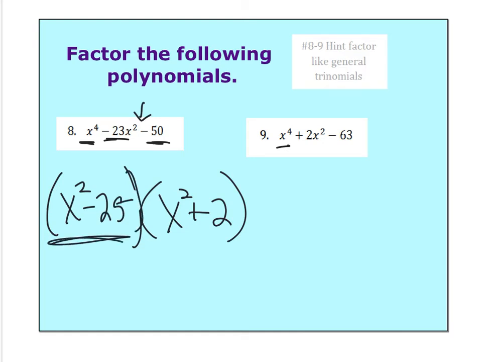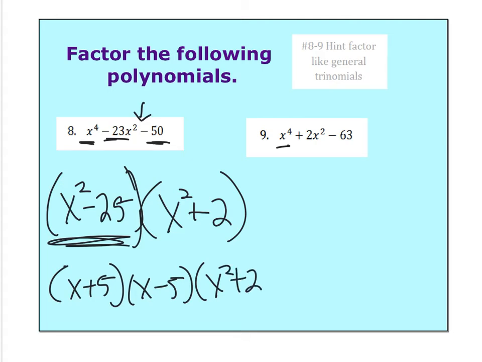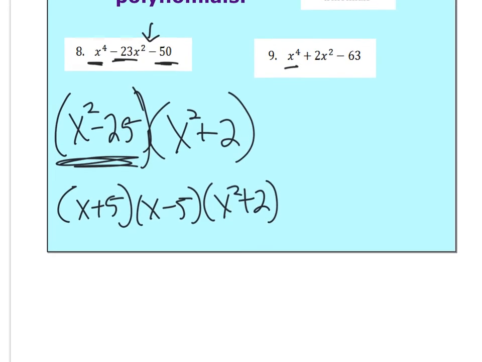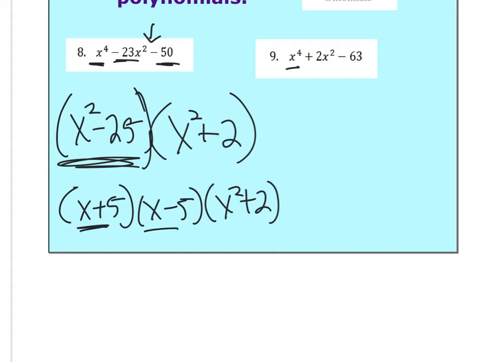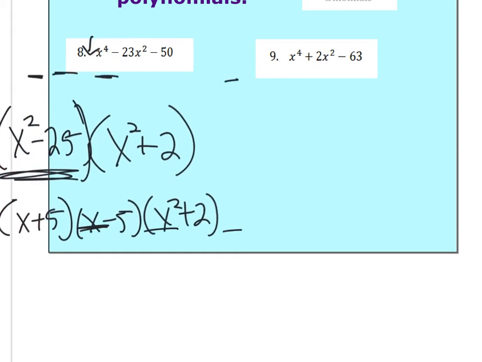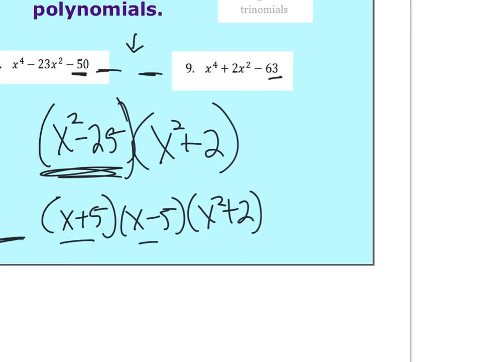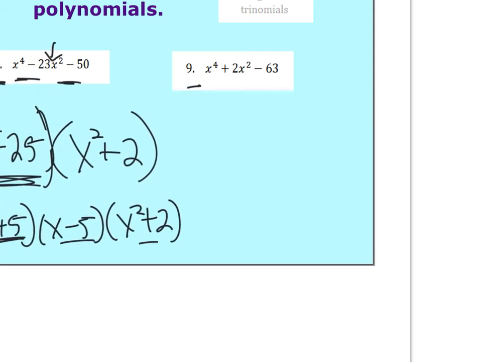But notice now that this one is a difference of 2 squares. So that would be x plus 5, x minus 5. And then I just bring along the x squared plus 2 because I can't do anything with that. So this is my answer: x plus 5, x minus 5, x squared plus 2. Okay, so now